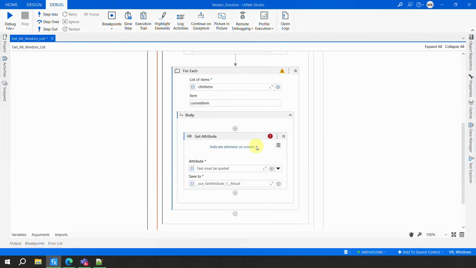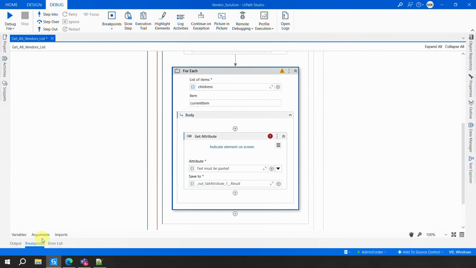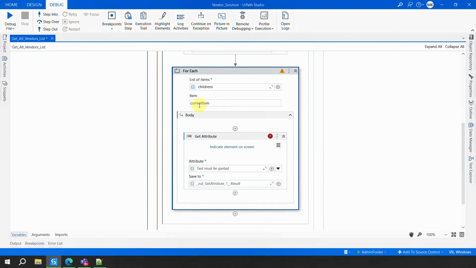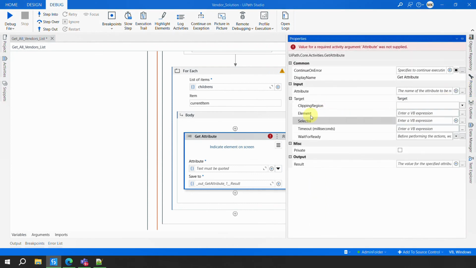Now this get attribute is an activity where you can get the attribute from the selector, from the element, or from the clipping region, right? So I am iterating a list of, if I go to the variable, see, this children is a list of UI elements. That means this current item would be a UI element. So I'll go to the get attribute, I'll go to the properties, and I'll mention that I want to get it from the UI element, and here I am going to pass